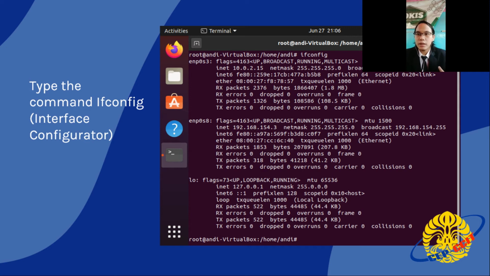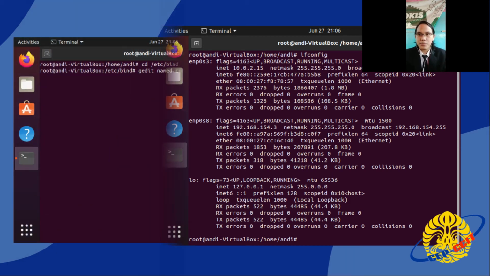Before changing and filling in the IP and server in named.conf.options, the user must know the IP address to be used, 192.168.154.3.